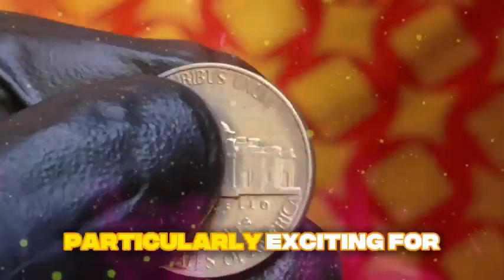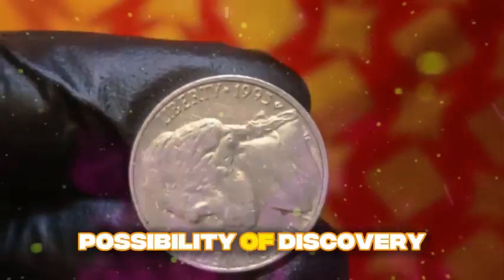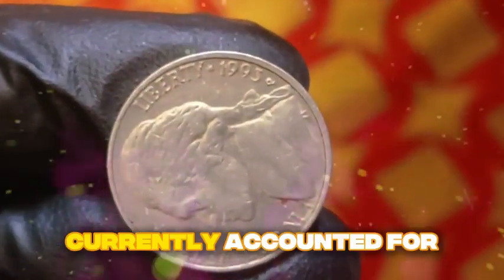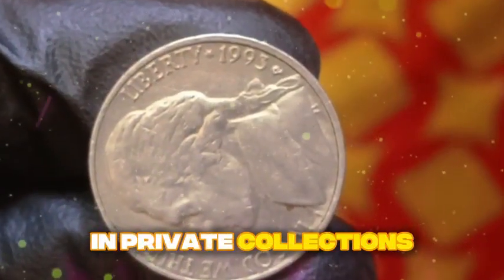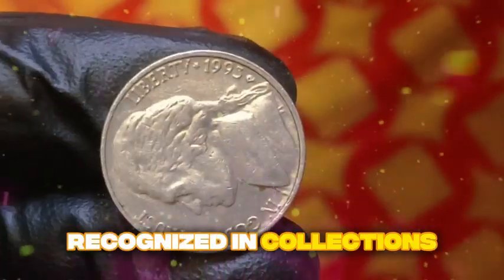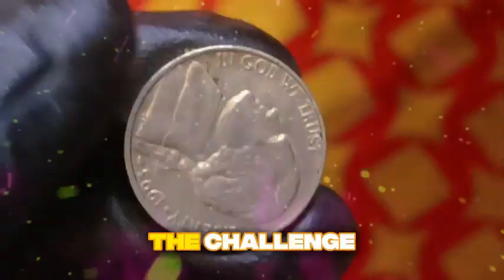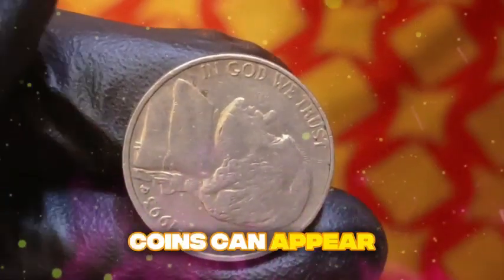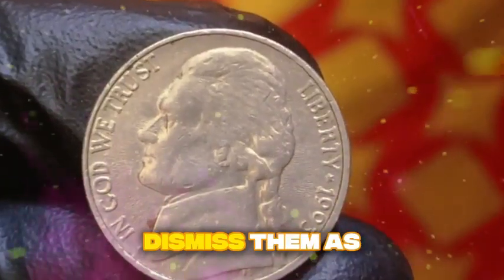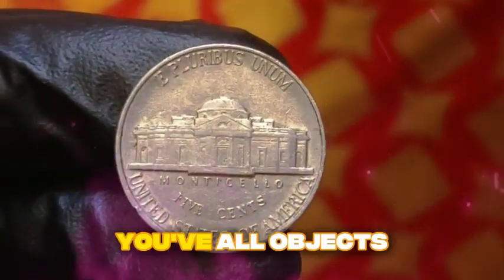What makes these coins particularly exciting for contemporary collectors is the ongoing possibility of discovery. With 12 coins originally produced and only 7 currently accounted for in private collections, 5 examples remain missing, potentially sitting unrecognized in collections, estate boxes, or even still circulating in commerce. The challenge lies in the fact that these coins can appear heavily worn or damaged to untrained eyes, leading people to dismiss them as worthless when they might actually be holding one of the most valuable objects in